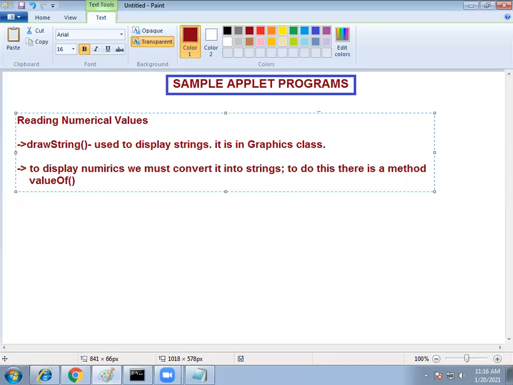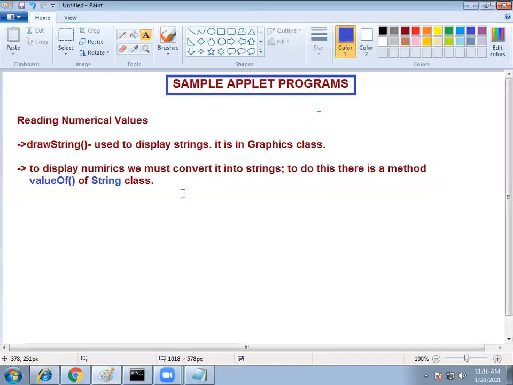There is a method called valueOf, and this method is available in the String class.